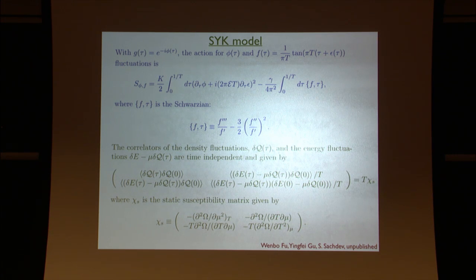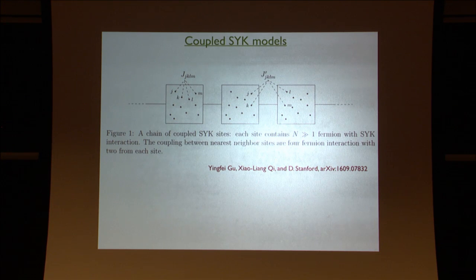I mean, it is still quite interesting that, from my perspective, it gives you a linear in T specific heat. And that's not an easy thing to get. It's something that free fermions have, a linear in T specific heat. But this kind of Schwarzschild effective action has a feature that it allows you to capture that. So now I want to come back to the first part of my talk and talk about